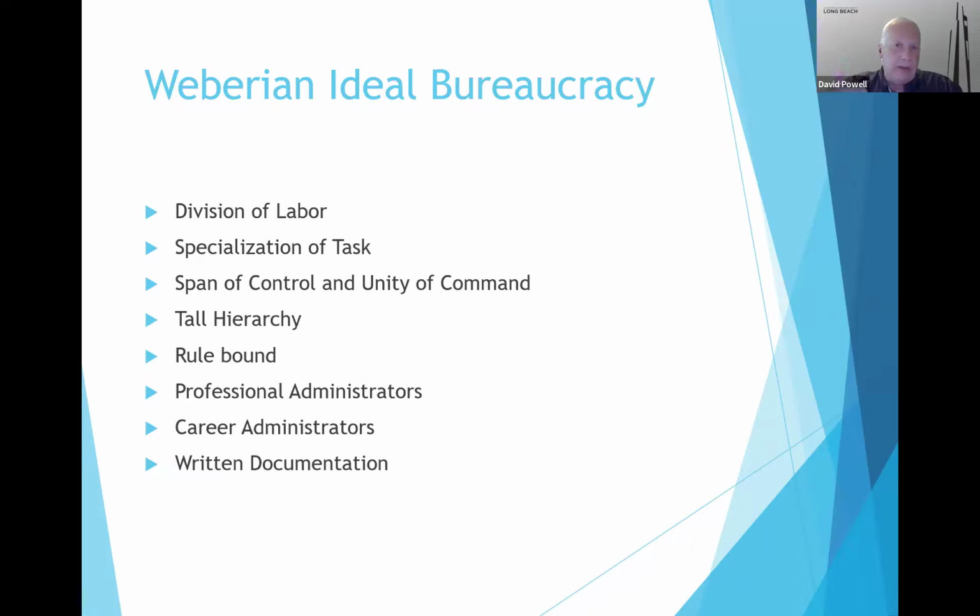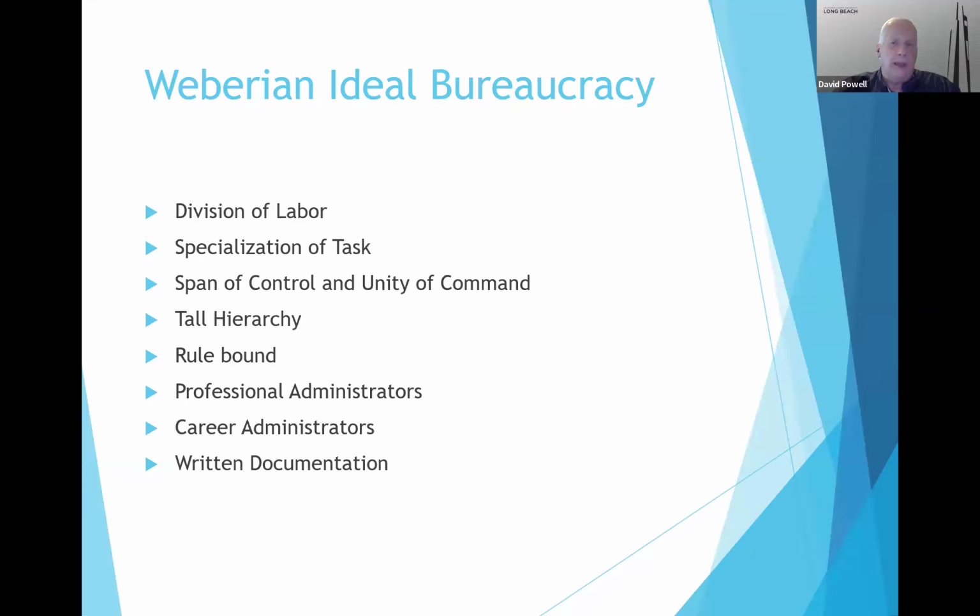When you take a limited span of control and combine it with a tall hierarchy, you end up getting another principle known as unity of command, in that everyone knows to whom they are accountable. So if you want to know who your direct supervisor is, you've got an organization chart that will show you that. If you want to know who that person's supervisor is, you go back to that organization chart. So it's a very regimented, very structured type of organizational system.